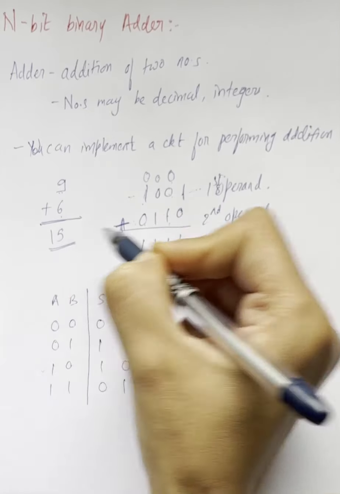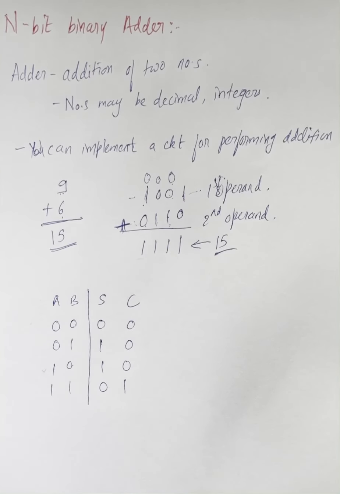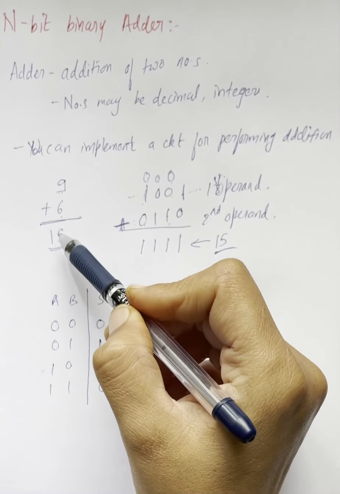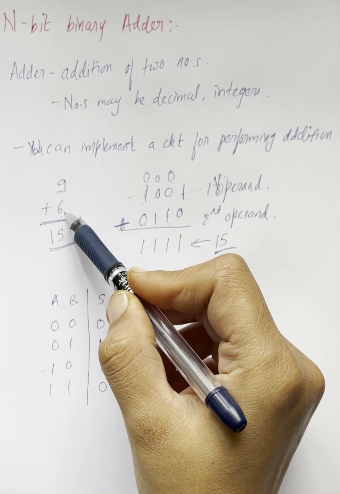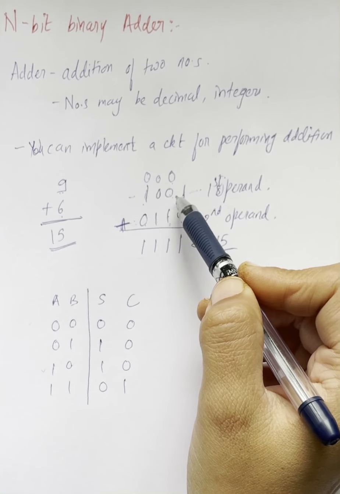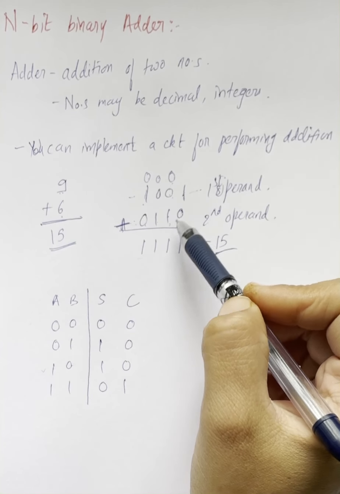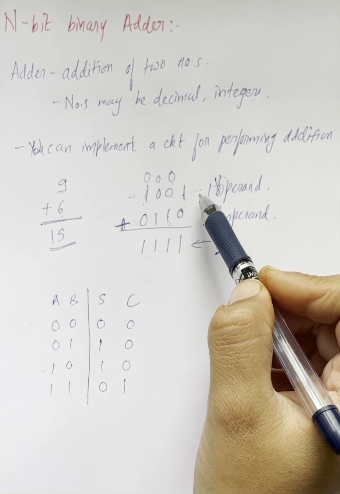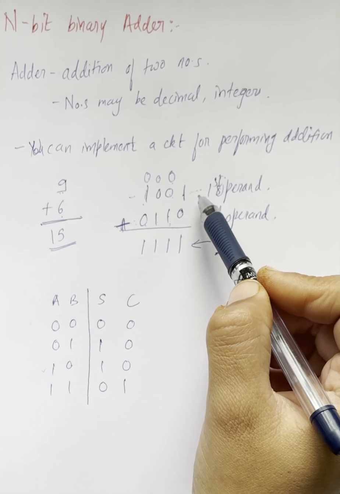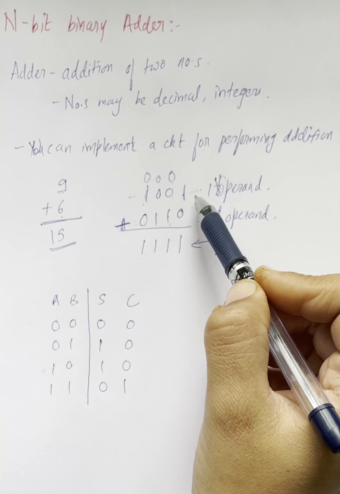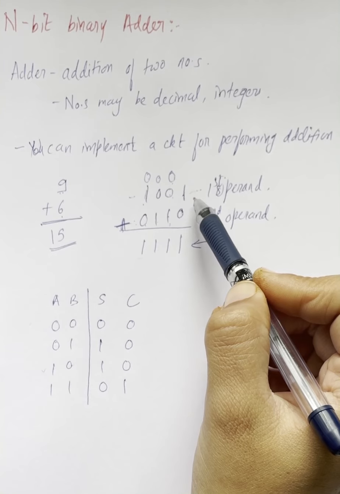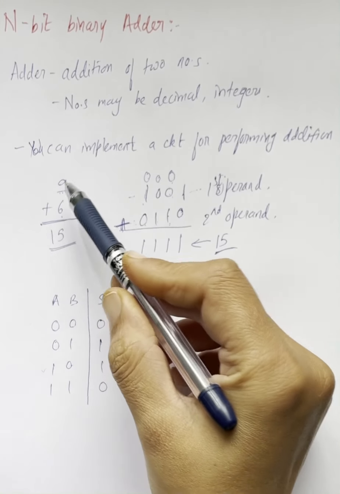So you can see that the output is matching, right? So what we did here: we first of all converted these decimal numbers or integer numbers into binary, since we are implementing a circuit in digital electronics to perform the addition operation. The basic thing is that when we are performing any operation or implementing any circuit in digital electronics, you should remember that it will accept only binary input, and it will generate binary output. So that's why I converted these decimal numbers into binary.